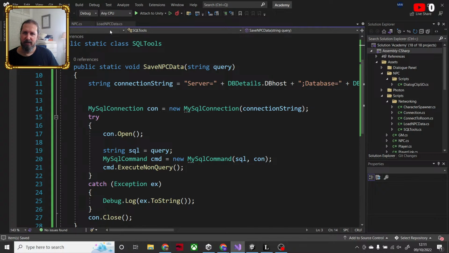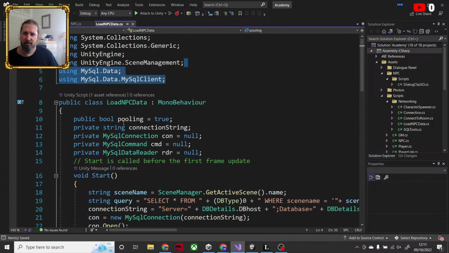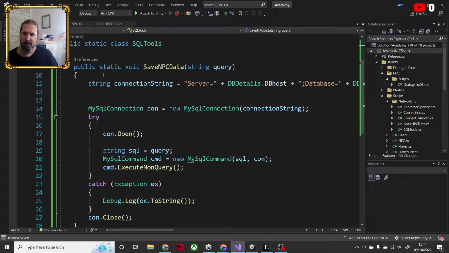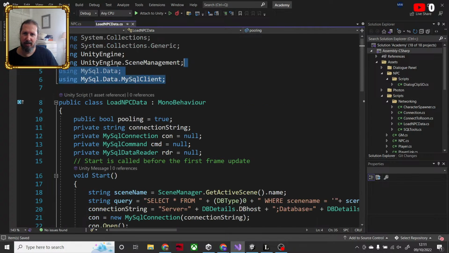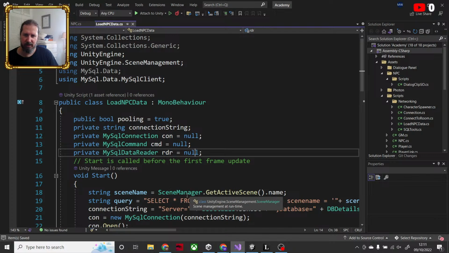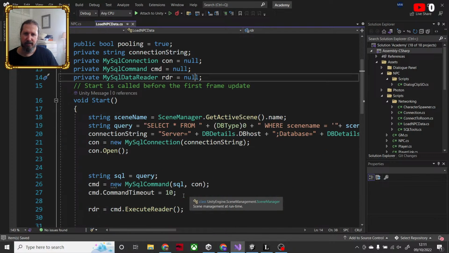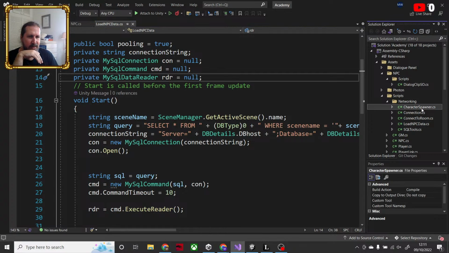And now should be able to call on, where is it? So the NPC, when he finished his chat, character spawner?